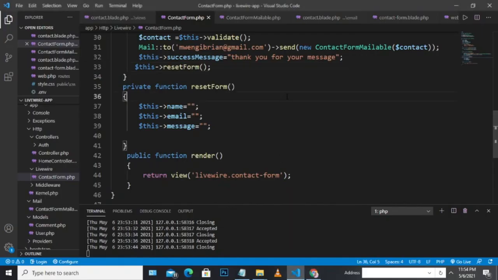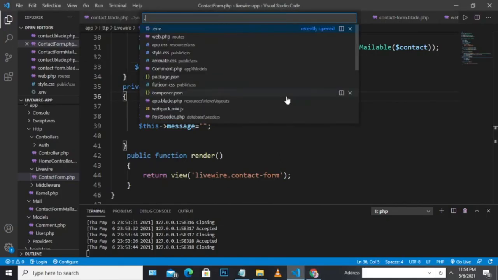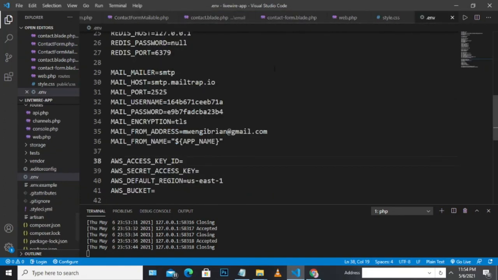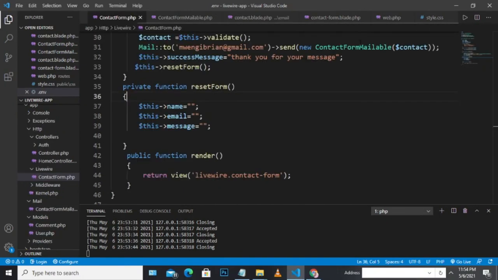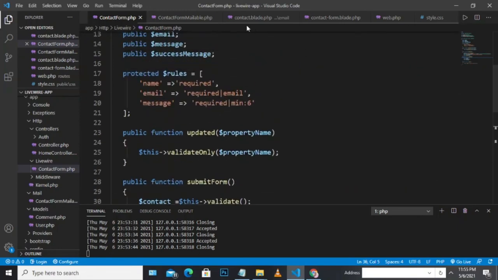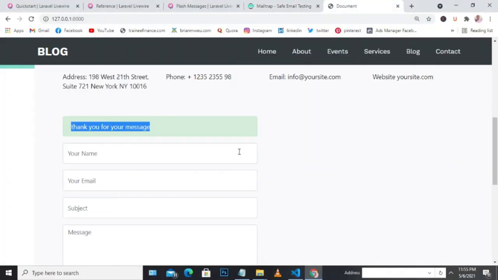So now when you come here within the .env file, you are going to find these particular credentials that I've just copied and pasted here. So once this is done, you are good to go. You can as well use other mail services that offer free testing, and for my example, I'm using Mailtrap. Okay, now the last thing I would like to show you is disabling the button,